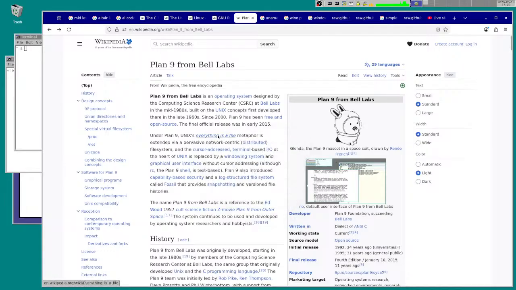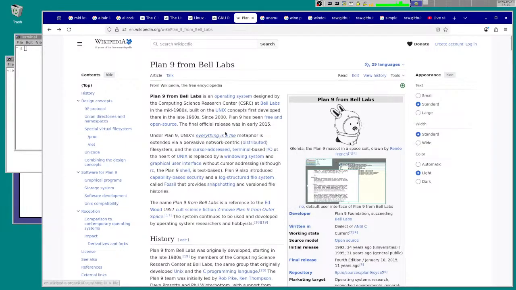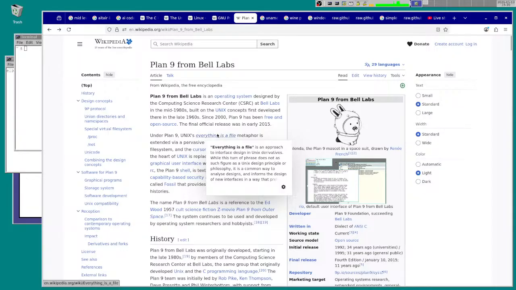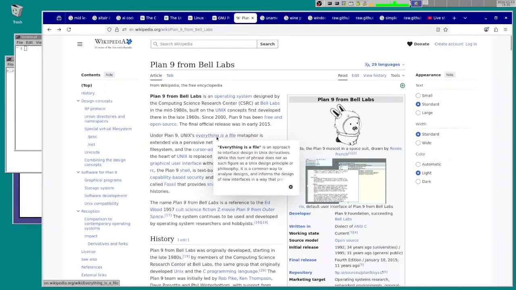It's kind of hard to explain to people who are used to Windows, because on Windows a file is like you saved something and it's there, and you open it, you delete it, whatever. A file is something that's saved and you can open it and look at it later. In Unix, that's not the same thing. In Unix, a file is a system object that you can open, put data into, and take data out of. But in Unix, everything is a file means